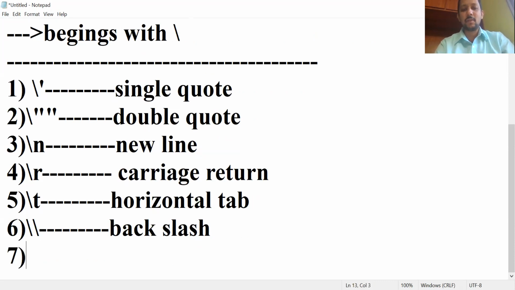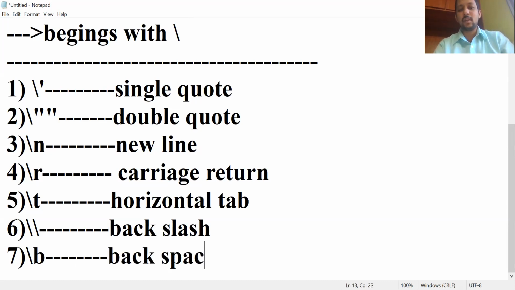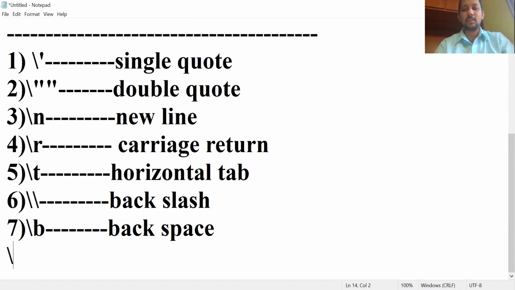Next, the seventh one, slash b. If you want one character backspace, then you have to use slash b. And one more is slash f, form feed, to extract the characters.